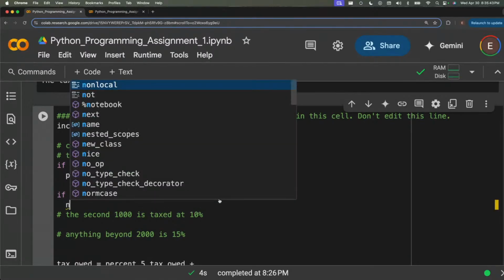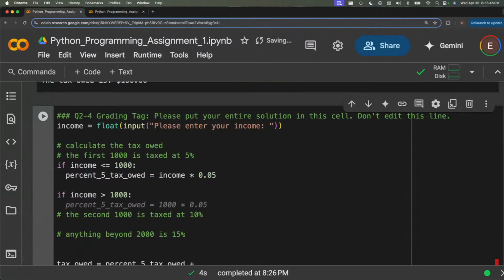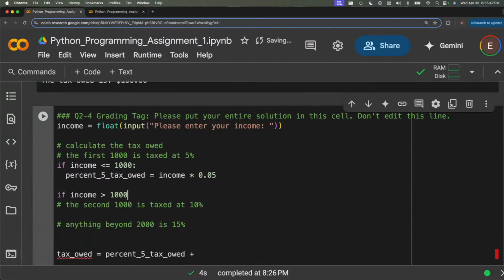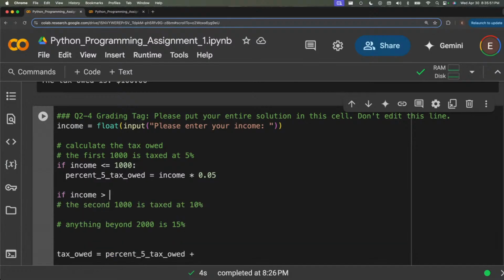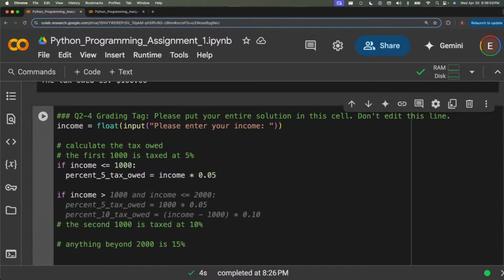Well, I was going to say, could you say it all in one line? If income is more than 1,000. No, the first 1,000 is still at 5%, right? So we have to subtract. Yeah, so if income is more than 1,000,